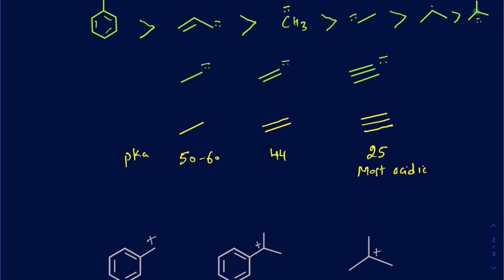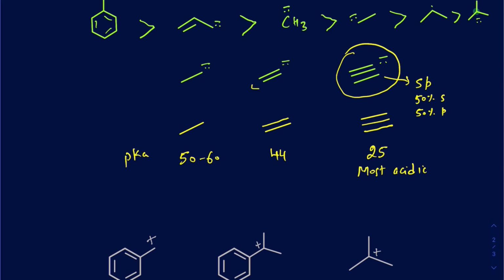in terms of the stability of your conjugate base, this conjugate base that you have made, this carbon is going to be, you can say, only sp, and that lone pair is going to be the closest to the nucleus. In sp character, you're going to have 50% s and 50% p. So that means the more s character you have, the closer you're going to be to the nucleus. So this lone pair is actually going to be closer to the nucleus,